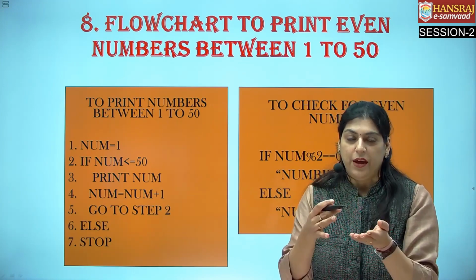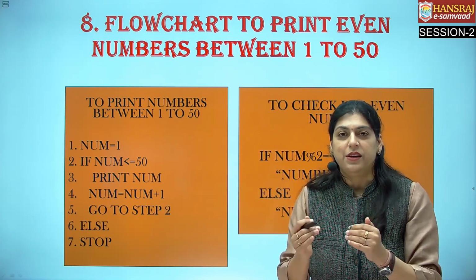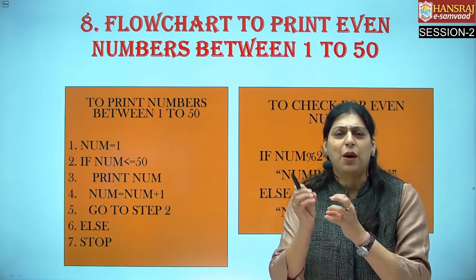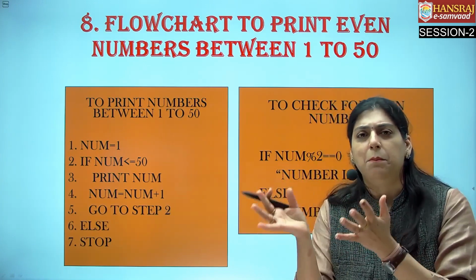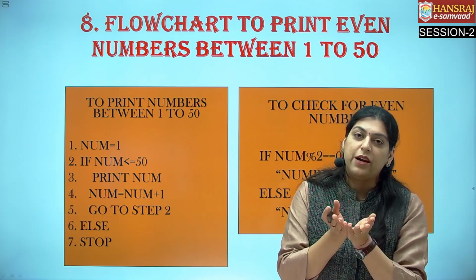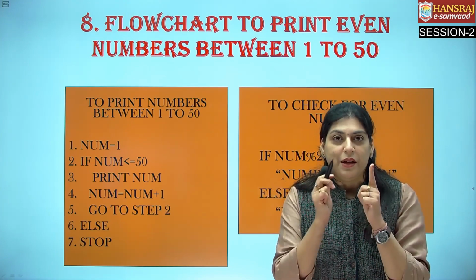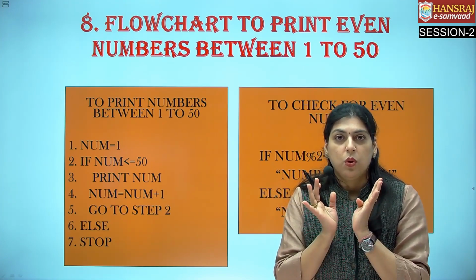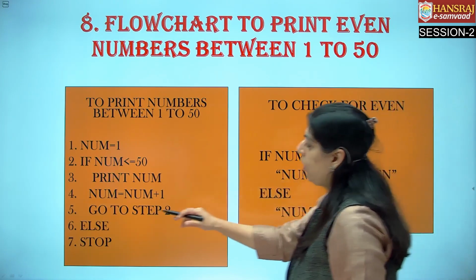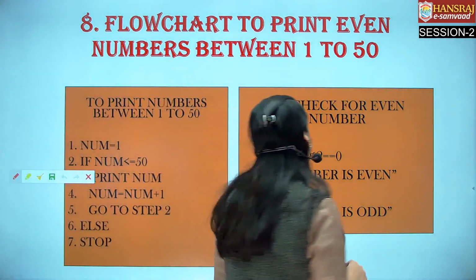Number 2, okay, this is even. 2 will be displayed. 3, odd. 4, even, it will be displayed. So how to check a number is even or odd? I am simply dividing by 2 and checking it, right? If it is divisible by 2, good enough, that number is even. Now I have used the term divisible by 2. How to check that? We have a mod operator, right? So we have a mod operator here,